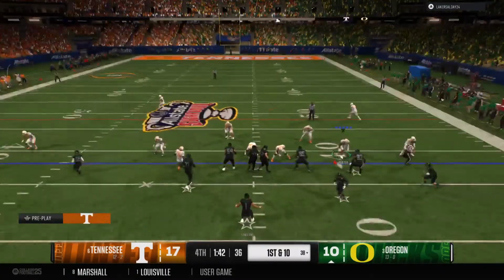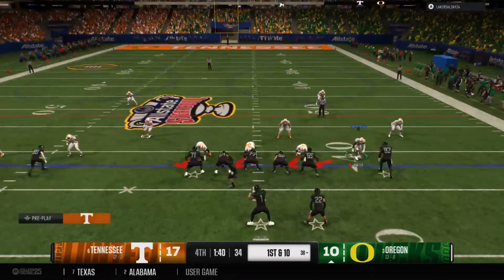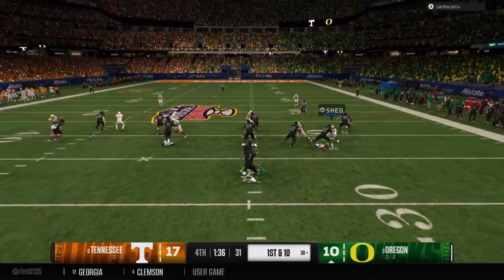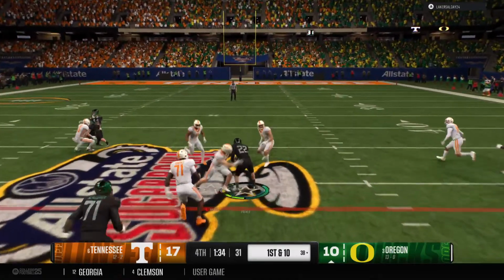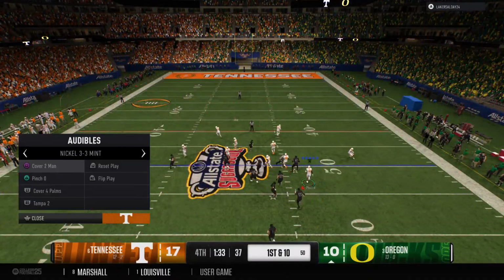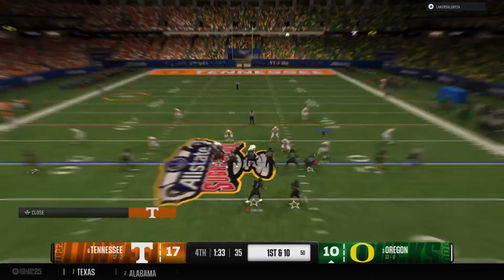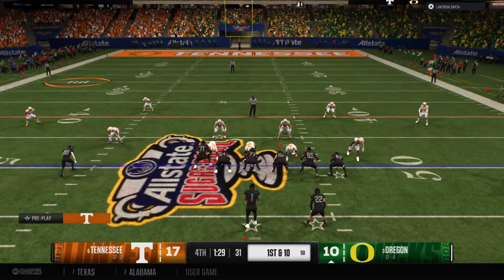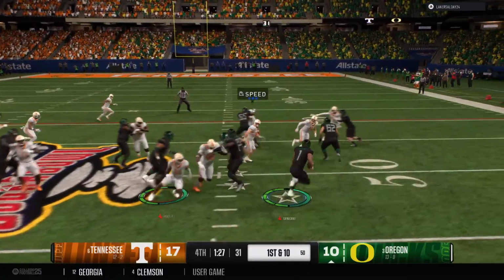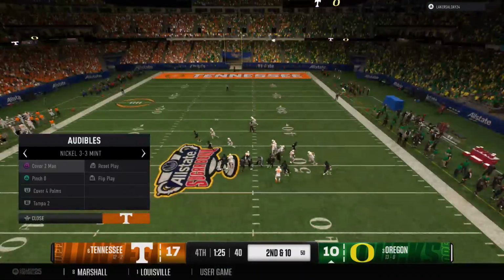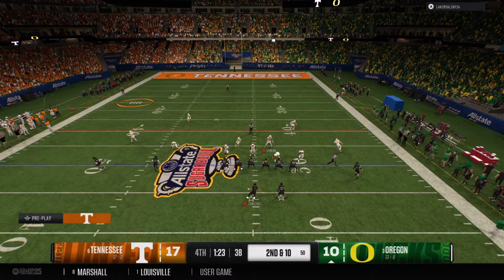The Ducks come to the line and run the hurry up. They're going to run it. He's stopped, but he gets a first down. Here comes the up-tempo offense. And it looks like the quarterback's going to run it. And he'll be smothered right at the line for no gain. They'll crank up the tempo here with the clock ticking down.